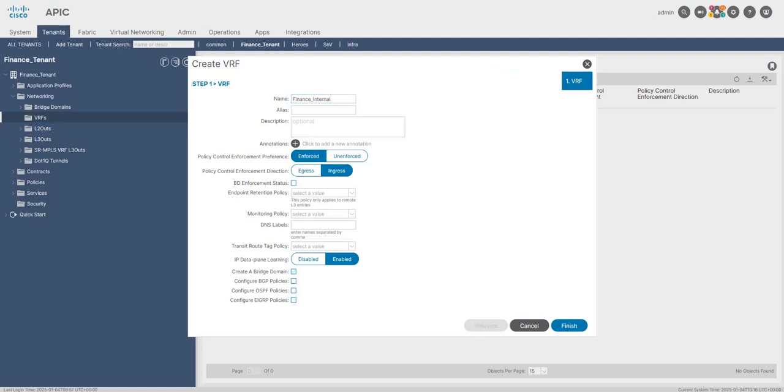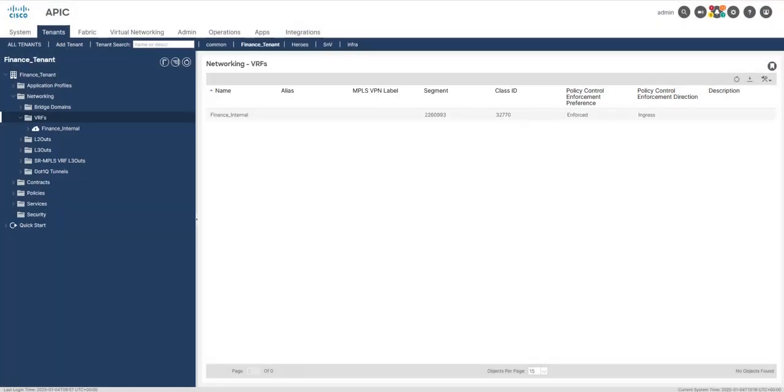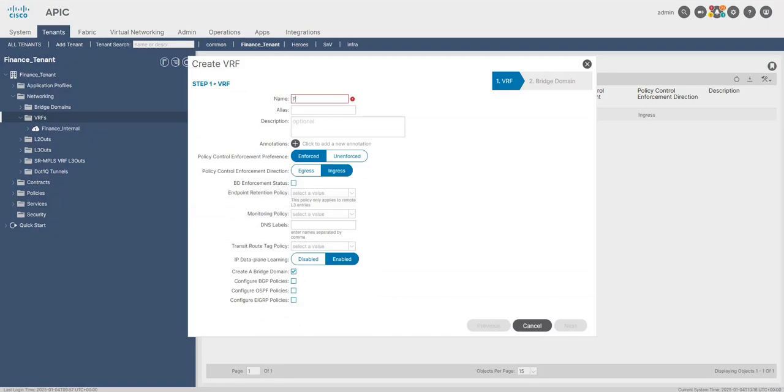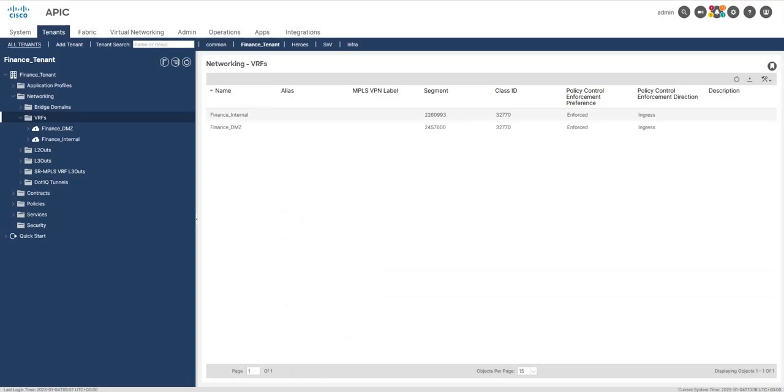And then I will uncheck this option, creating a bridge domain. I will create it manually. And I will leave these options as they are. I will click on finish. Then I will create another VRF. I will name it finance underline DMZ. Then I will come back to